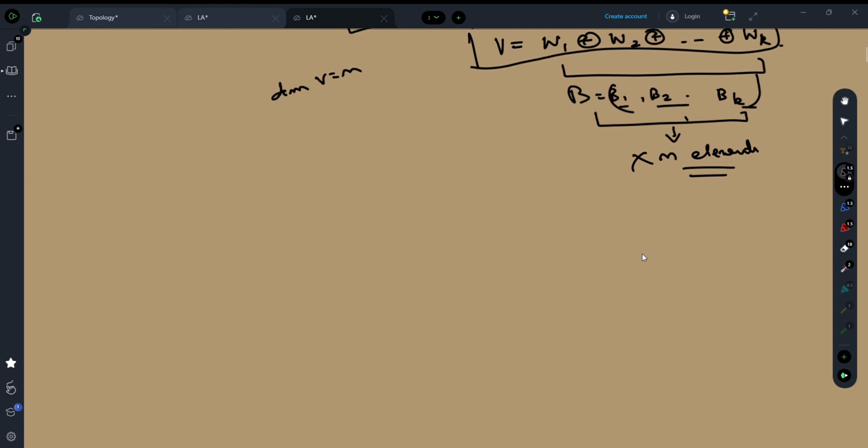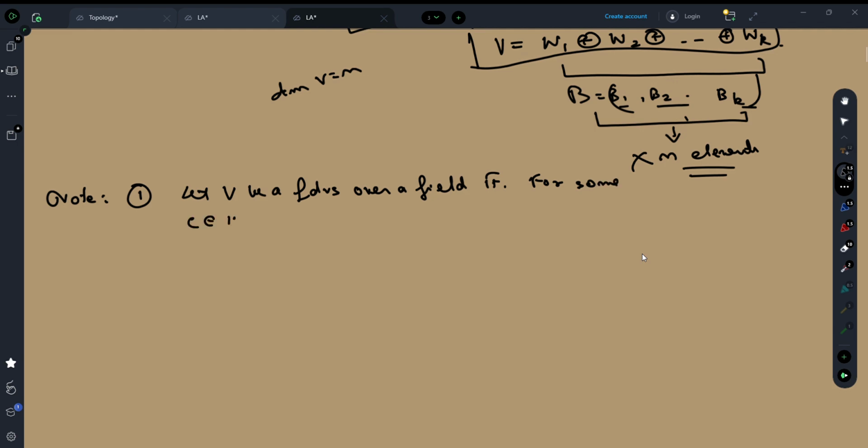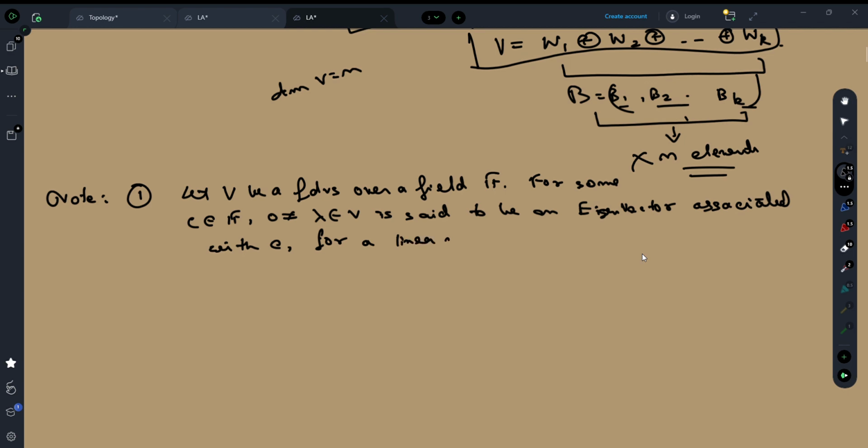So these things we know, right? Let V be a finite dimensional vector space over a field, let's say F. For some scalar C, a non-zero vector is said to be an eigenvector associated with the scalar C for a linear operator T, which is defined on V,